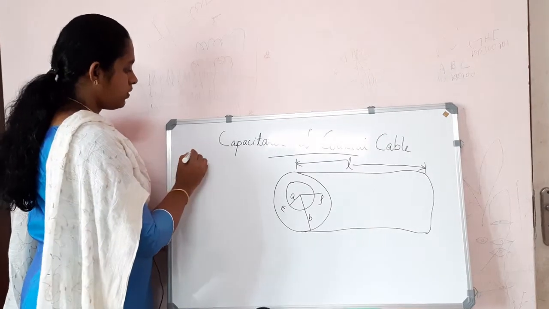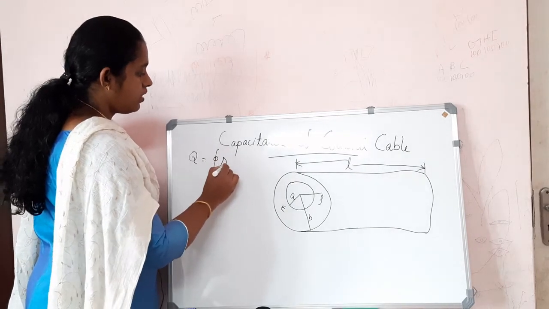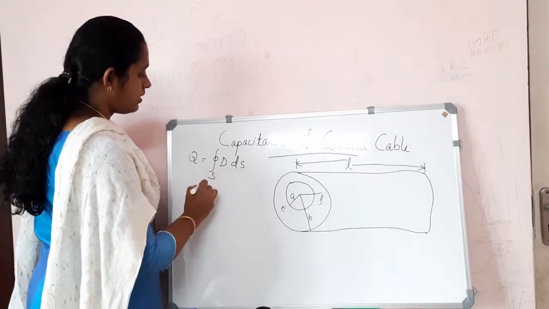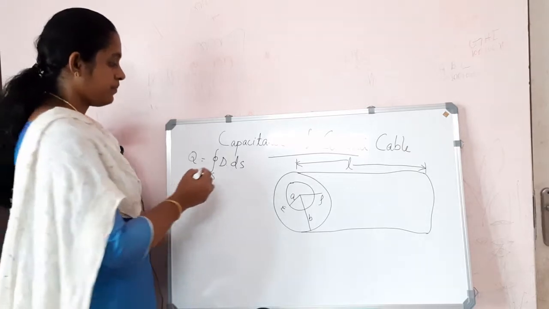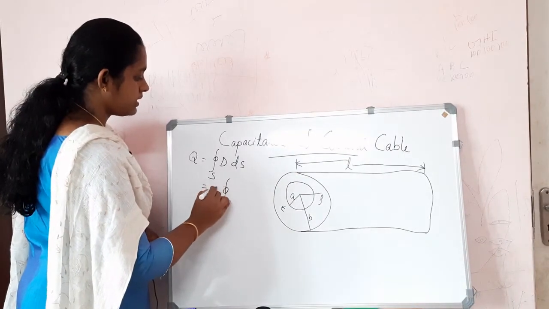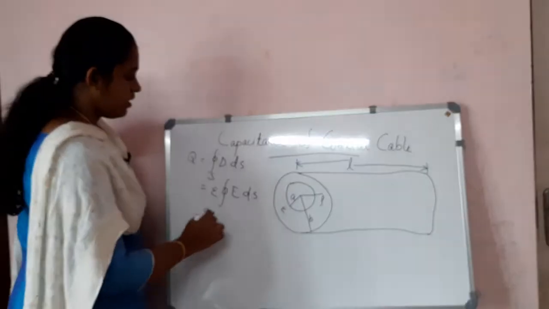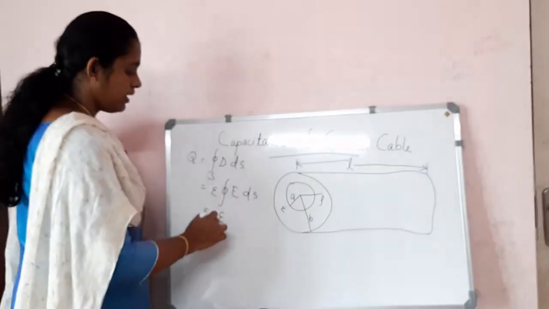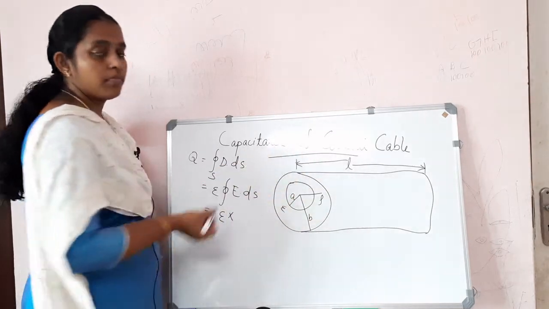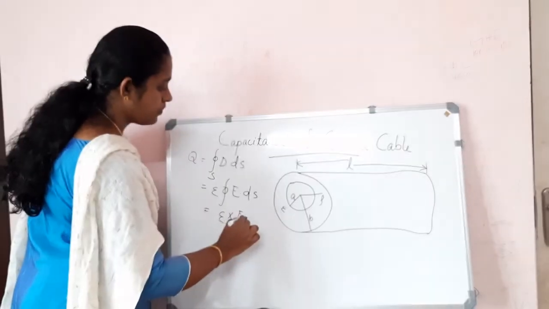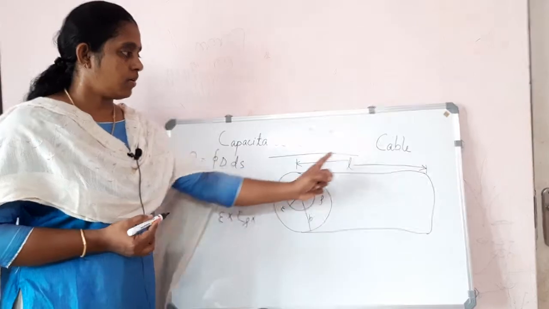So from the Gauss's law we know that what is Q? Q is equal to closed surface integral D dot ds, and this will be equal to, you can substitute for D, that is in terms of intensity epsilon E. So this becomes closed surface integral epsilon E dot ds. Now again epsilon will be equal to epsilon into this intensity we are taking along the radial vector rho. So this will be E rho into the total surface area of this coaxial cable.